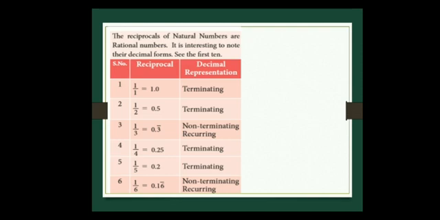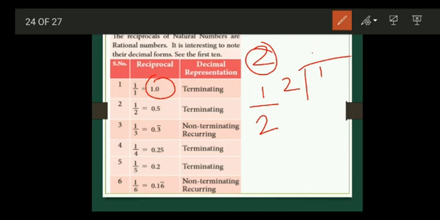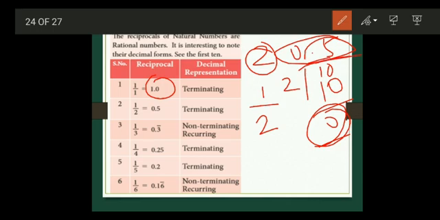Now we'll see the reciprocal of natural numbers. What is the reciprocal of 1? 1 by 1 is 1. So this is terminating, the decimal places are stopping. Now we'll move to the next natural number 2. What is the reciprocal of this number? This is 1 by 2. Divide 1 by 2, point, 0 point. Then 5 times 2 is 10, so 0.5, you are getting a remainder of 0. So here the decimal places stop and you have got remainder 0. So this is also terminating.